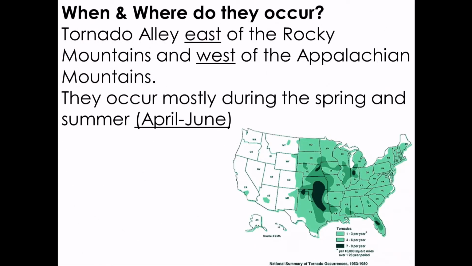Well, like I mentioned earlier, United States is number one for tornadoes, and we have this area called Tornado Alley. So on this picture right here, in areas in dark green and even darker green, that would be generally considered Tornado Alley. But anywhere in green gets an average of about 1 to 3 tornadoes every year. So anything that's green on this map, and you can see it's most of everything east of the Rocky Mountains